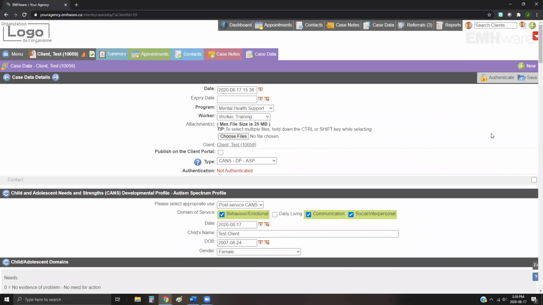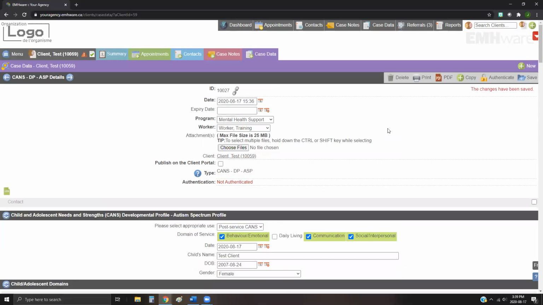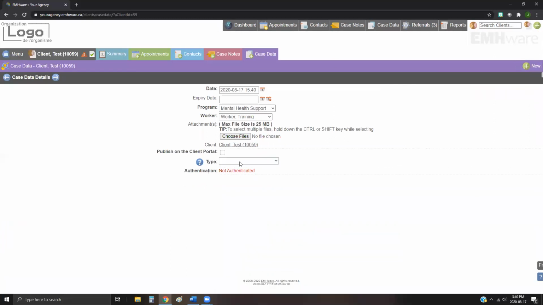Again, just like contacts, I can click on save in order to save my work. And then it will tell me the changes have been saved, and I can still make changes. So I can continue on if this is a really long form and I just wanted to save my work. I can click on save as often as I need to, and I can also use the authenticate button. I'll just show you an example of another type of form,